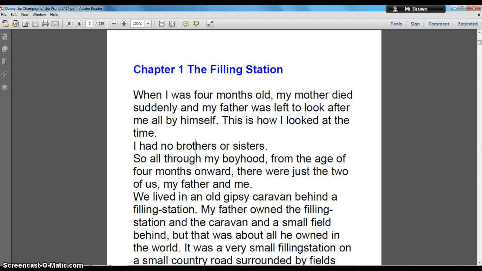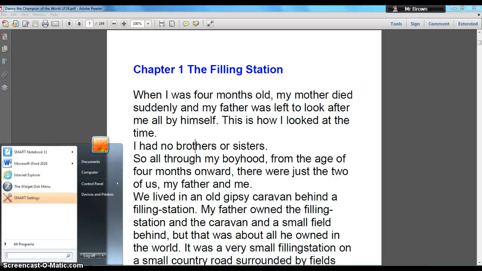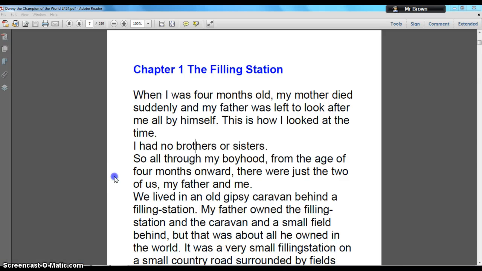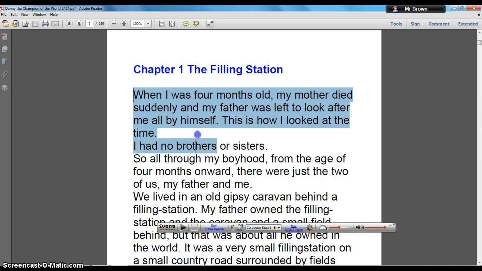The other thing I would say that is really great with this is if I go down to my programs, I'll go to all programs and accessibility. All schools should have the Vozo mini reader, so if I load this up, I've loaded it down there. What this now allows us to do is it allows us to highlight part of the text, and then if I press play,